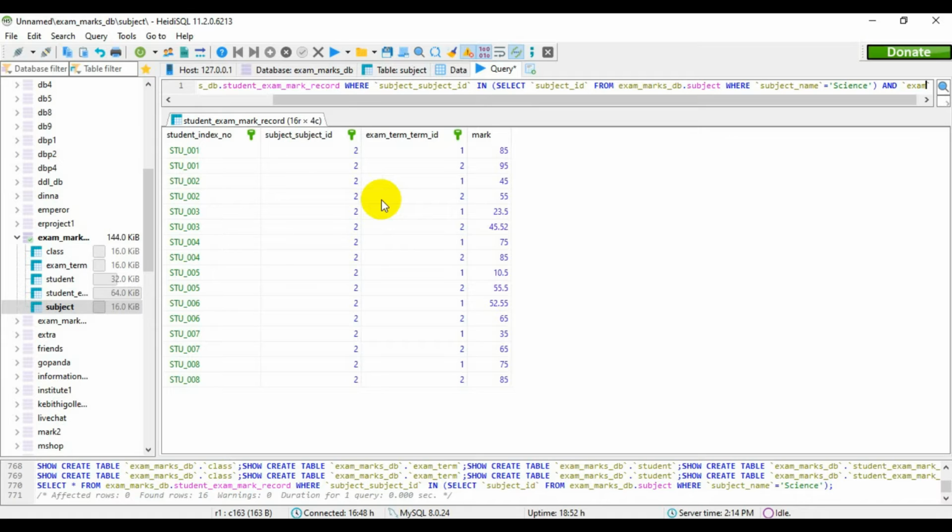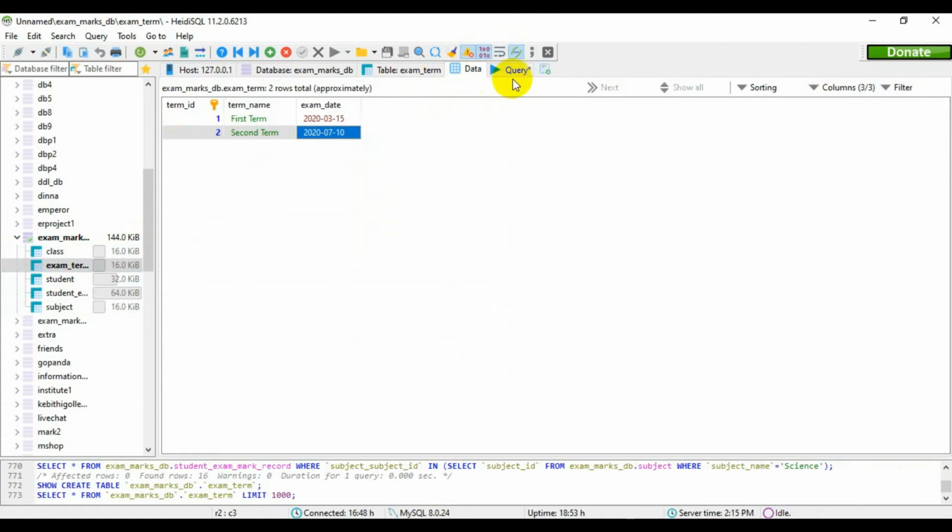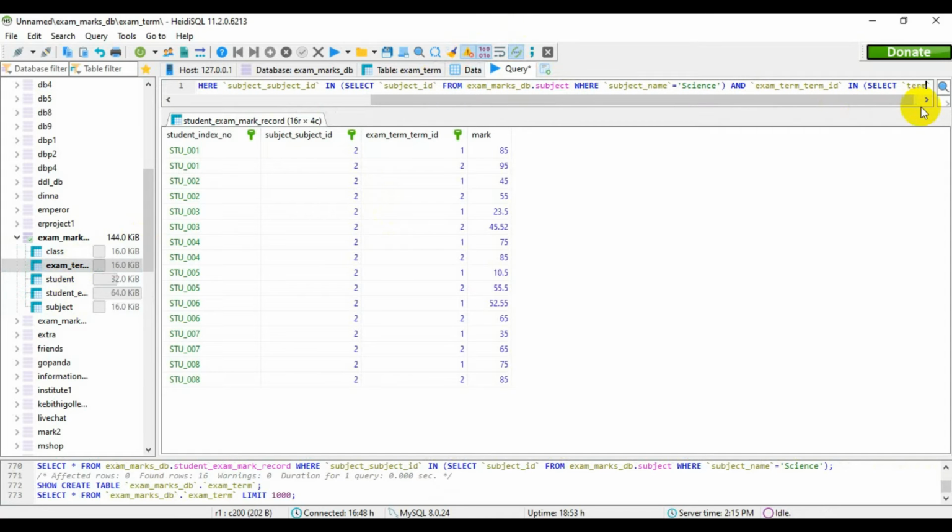exam_term_term_ID in, that means I am using a subquery. Select, just check on the exam table, then the term ID. I am getting the term ID. Select the term ID from